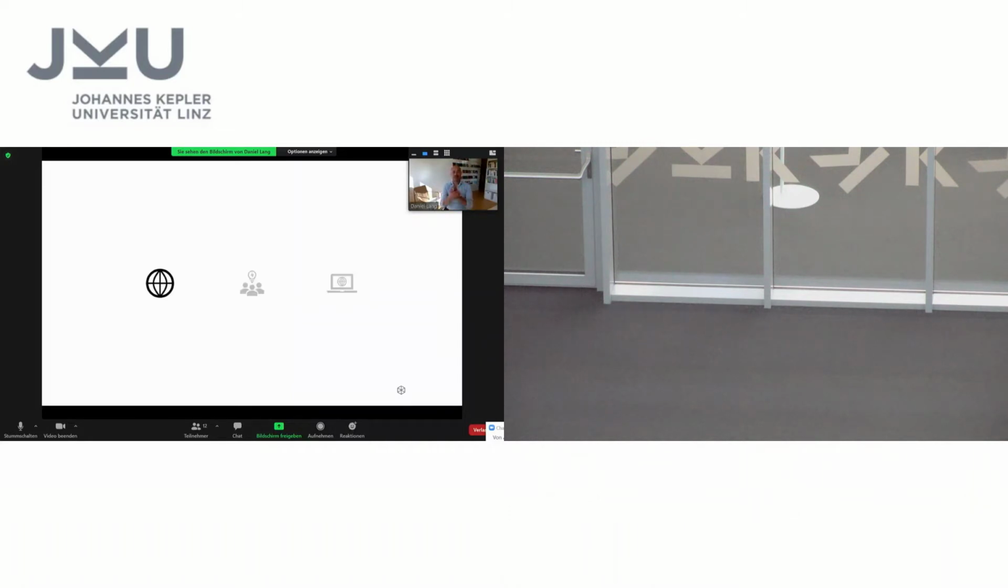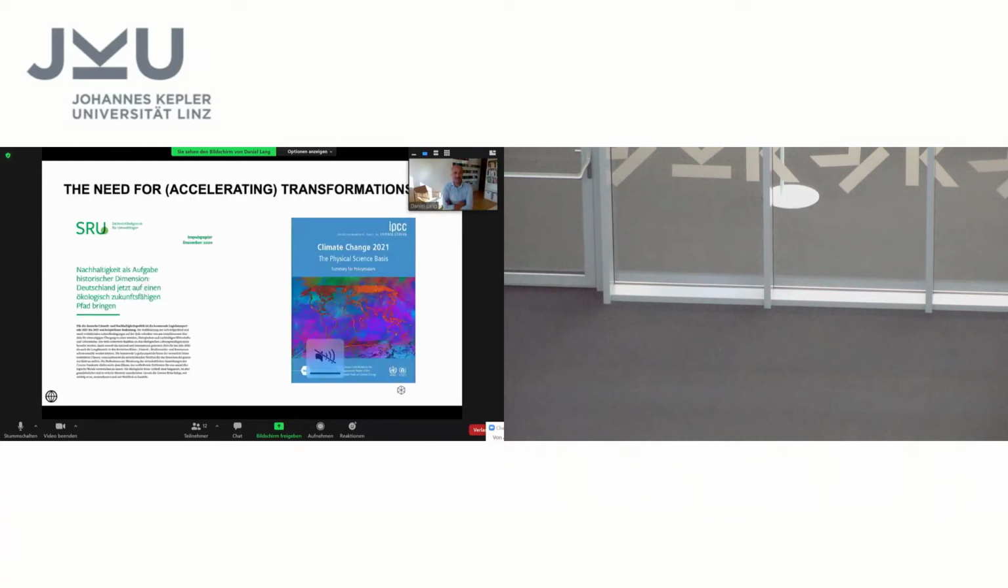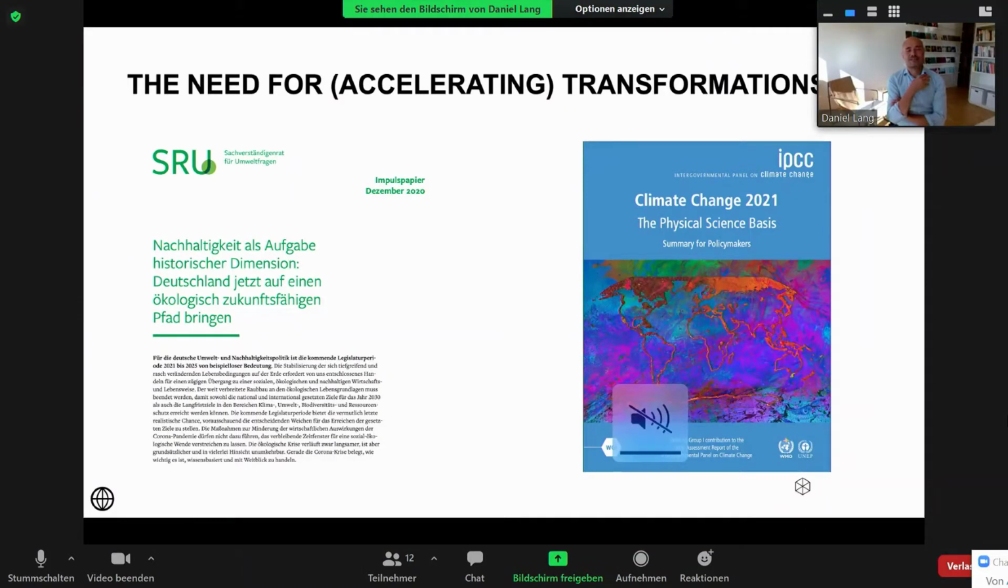So first to sustainability transformations, or transformations as such. We have already heard a lot about it, but still I think it's important, for me at least, to depart from the object, or from the end. What do we want to achieve with all the things that we are doing? First, there is a need for accelerating transformations, and this became clear again some weeks ago with the publication of the latest IPCC report, which made very clear that if we want to reach the 1.5 degrees Celsius